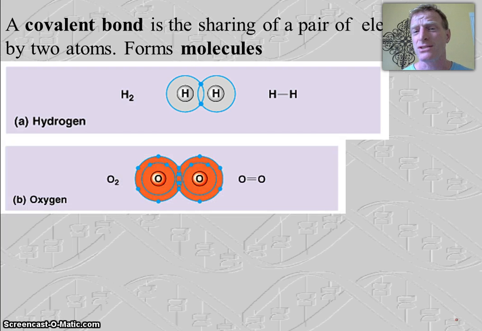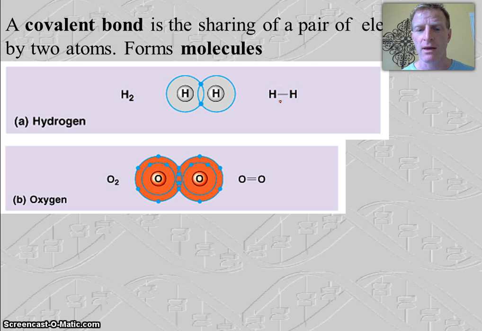If we look at oxygen, oxygen has 6 electrons in its outer shell. Well, if it shares 2 with another oxygen, now if we count up the number of electrons in the outer shell, we see that they both have 8. Because they're sharing 2 electrons each, we draw that as a double bond. So the 2 little sticks you see there represent 2 sets of electrons that are shared, whereas hydrogen just has